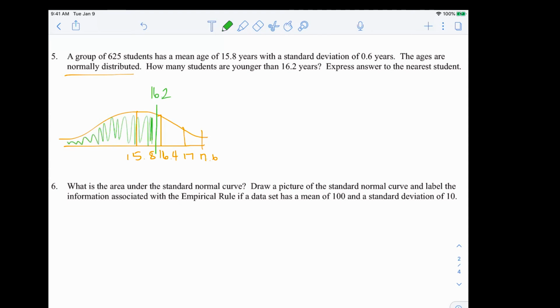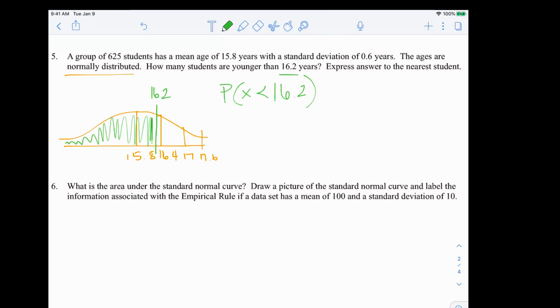Now I stopped doing the cutoff values because I noticed after doing just the above ones that 16.2 was not going to be one of those cutoff values, so I didn't bother with finding the ones below. It's okay if you do, and it's okay if you don't. Since I'm looking for this area below, that means I'm looking for the probability that x is less than 16.2. Because this is not exactly 1, 2, or 3 standard deviations from the mean, I do need to calculate